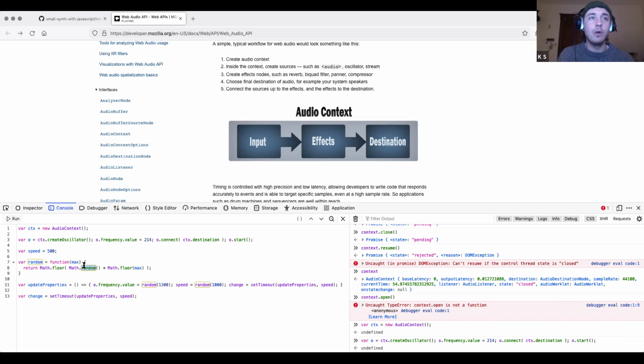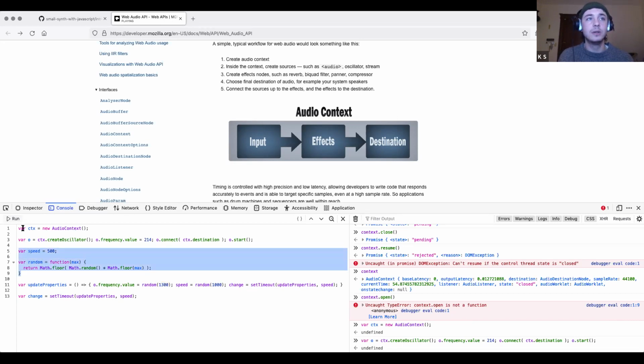And then I want you to give me a random number that lies somewhere between 0 and this maximum number. So this is very helpful if you want to generate a random number between 0 and 300. Then all I have to do is say random 300, or in this case, where I'm actually using it, random 1300. So this function is basically going to provide a random number between 0 and 1300 every time you call it. So this is useful for us because we want to generate a bunch